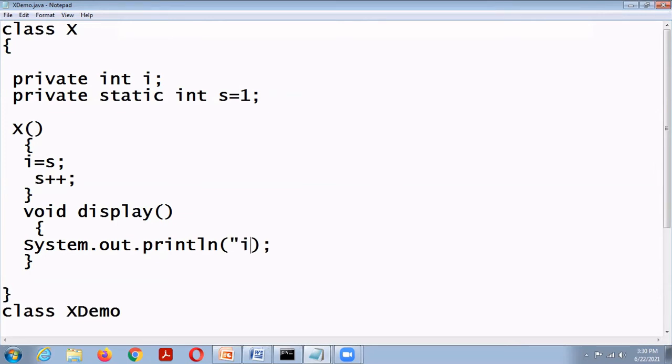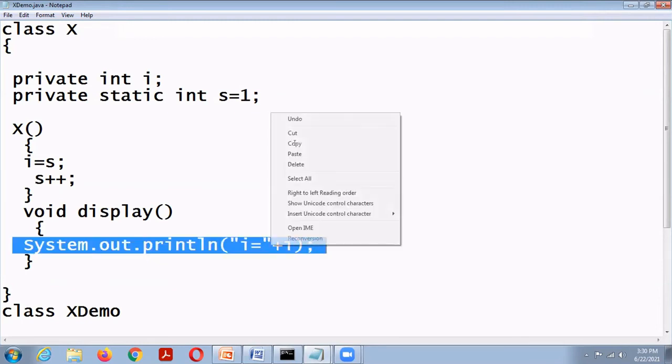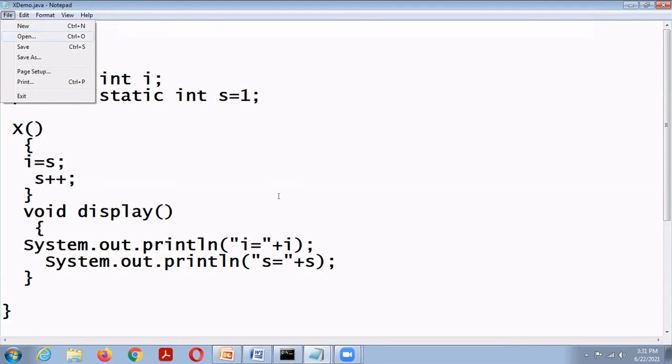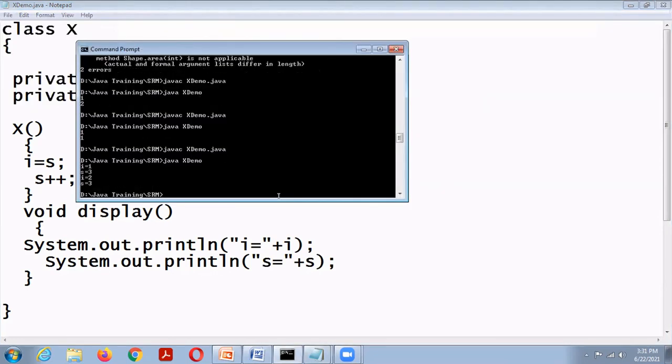So here System.out.println I equal to plus I. Okay. Then System.out.println S equal to S. Okay, in the first case, I equal to 1, S equal to 3, I equal to 2, S equal to